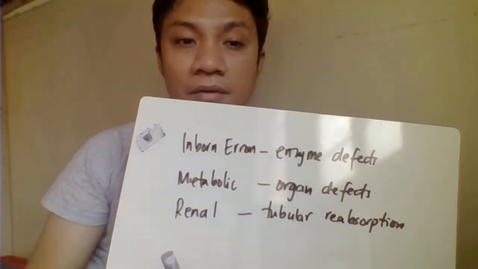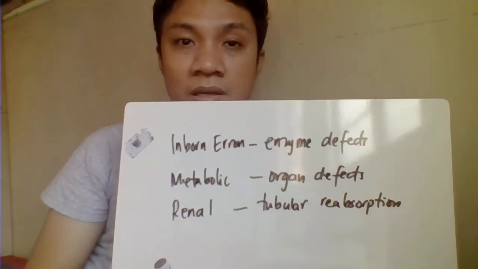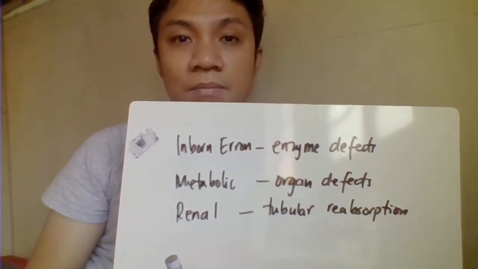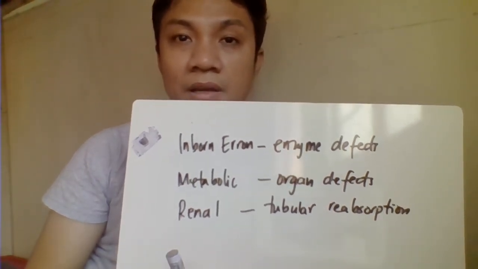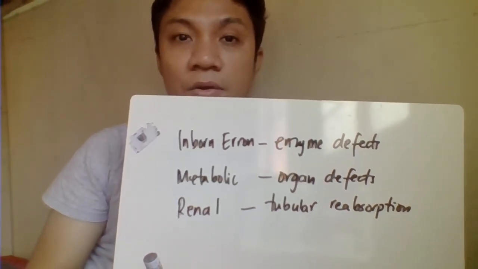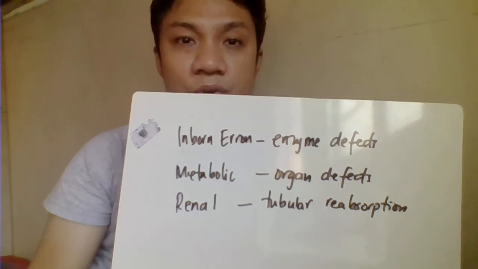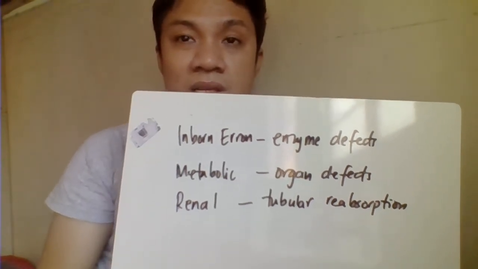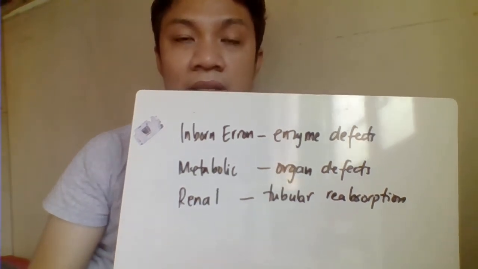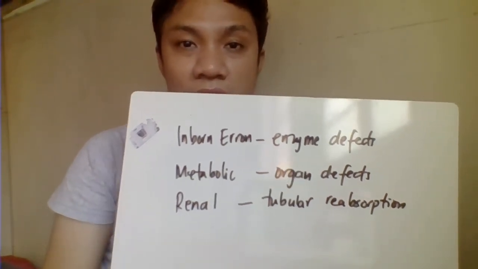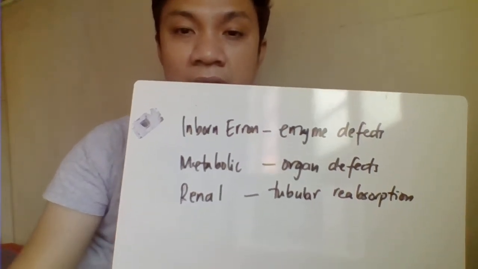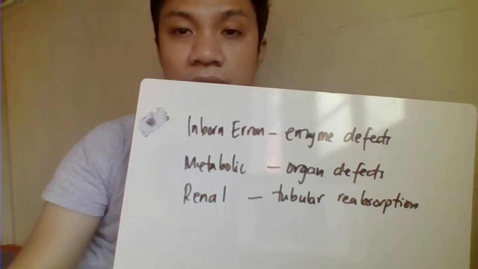The last one, we have here the renal problem. Although you have a normal concentration of the substances in your blood, pagdating sa kidney natin, na dapat nire-absorb siya as it passes through your renal tubules, you don't have the necessary tubular reabsorption mechanisms. Kaya therefore, hayaan niya na lang mag-overflow sa urine natin instead of reabsorbing it back to your circulation. So, sa PowerPoint, nakalist lahat ng mga examples ng inborn error, metabolic disorders, and we have